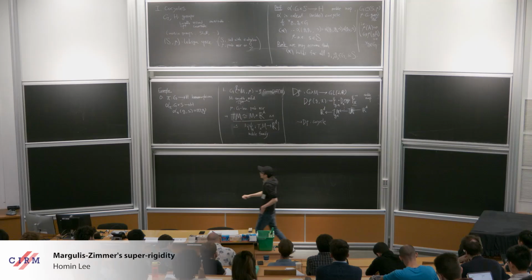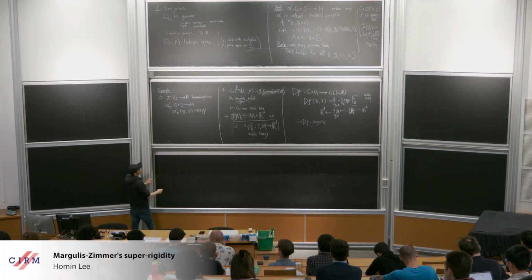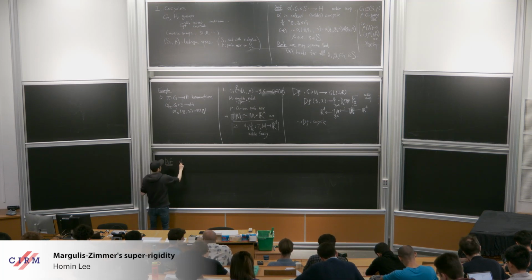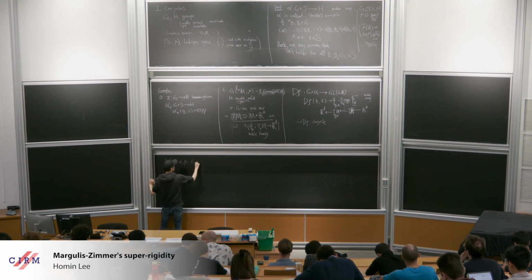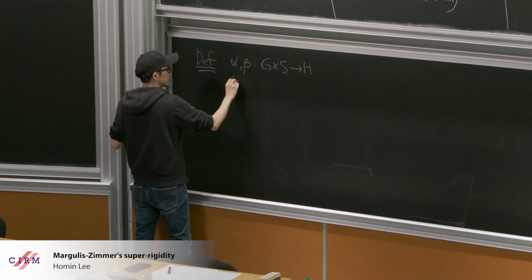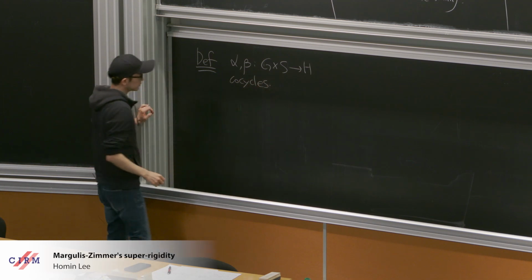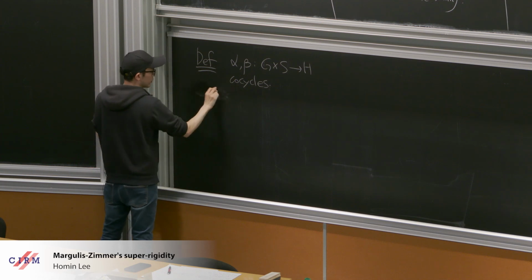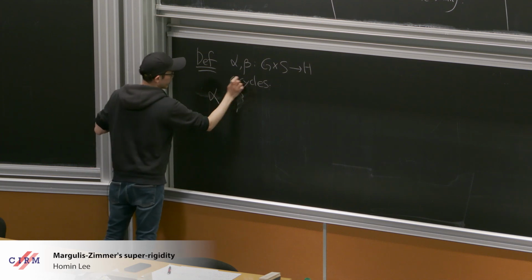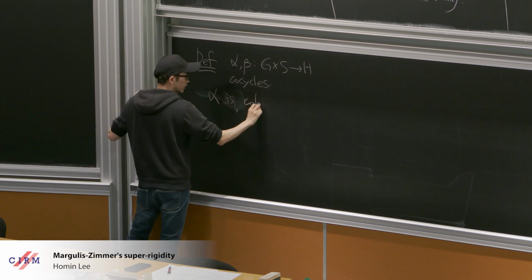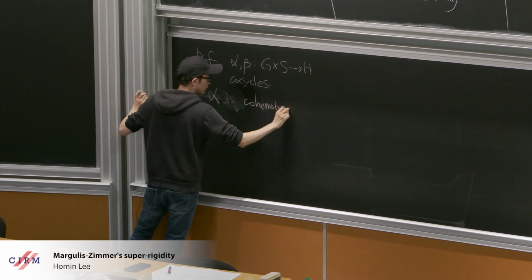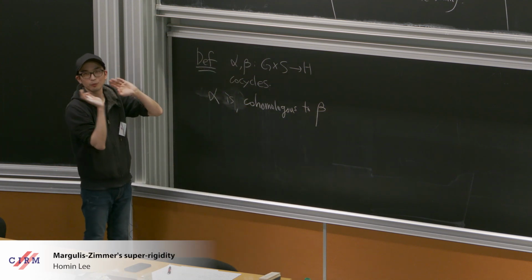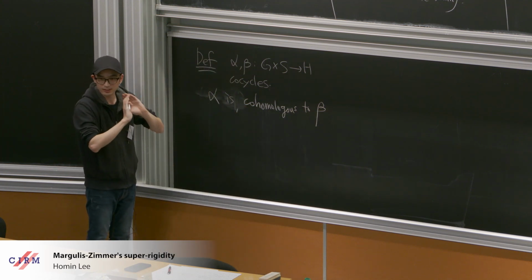So I want to define somehow the equivalence relation between two cocycles. So here is again another definition. Alpha and beta are two measurable cocycles. We call alpha cohomologous to beta measurably. Okay, again, for me or for this mini course,